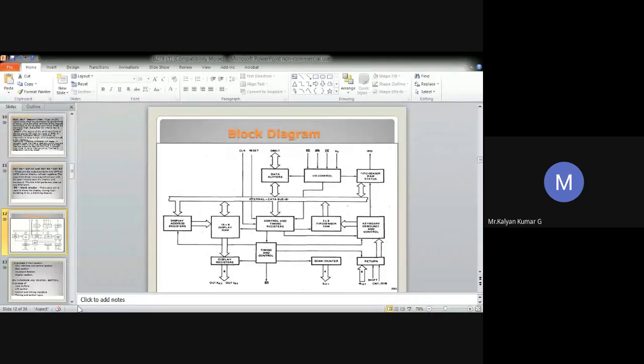Usually the output lines are connected to the anodes through a driver transistor, in case you're going to use 7-segment common cathode LEDs. I think ma'am had discussed it: we have 2 different configurations, common cathode and common anode. For common cathode, the cathodes will be connected to the scan lines with the help of small driver transistors. And we have something called BD, which means the display can be blanked with the help of this BD line.